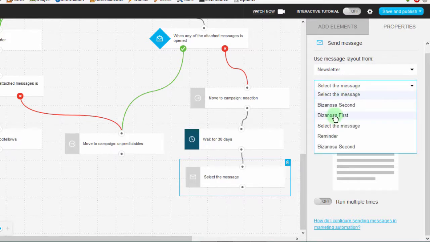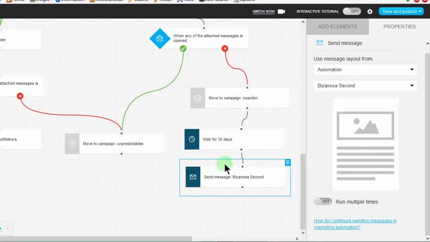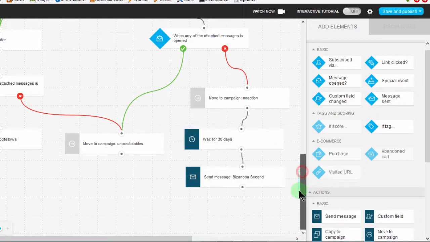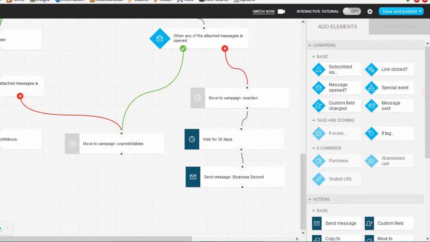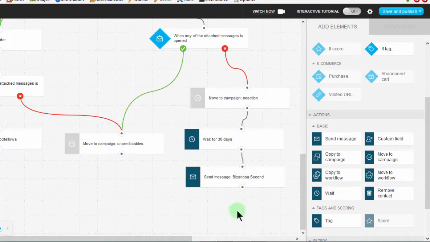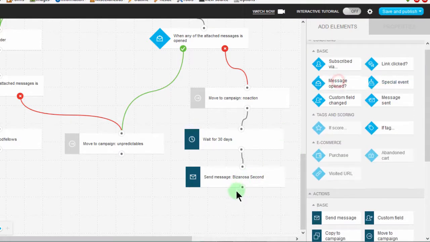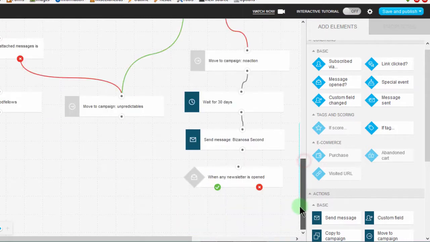And send that message to them. And then maybe here you may also add a wait. Okay, so you may add a wait to check if they opened the message, but I'm not going to add any wait. I just want to check if the message was opened. Let me see, message was opened. There we go. And if they don't open this message,